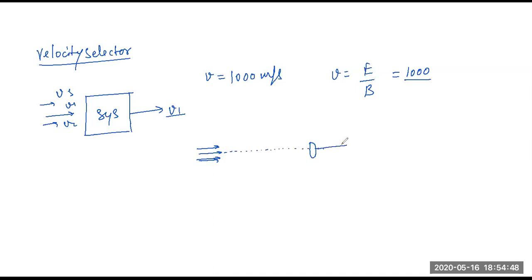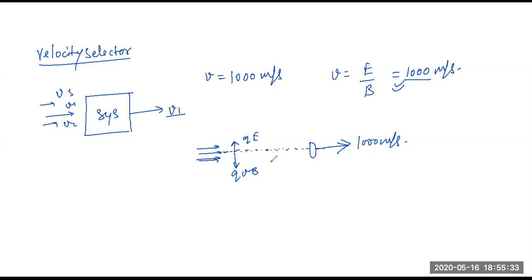If the particle is coming like this, it can only go straight if the force acting in this direction, let's say qE, balances the force acting in this direction, which is qVB. Yes or no? Yes, sir. The particle can go straight only when qE is balanced by qVB, or you can say V is this ratio. Now, if you have chosen the electric and magnetic fields such that the ratio is 1000, the particles having velocity 1000 meters per second will have zero force and will come out with the same velocity, 1000 meters per second.